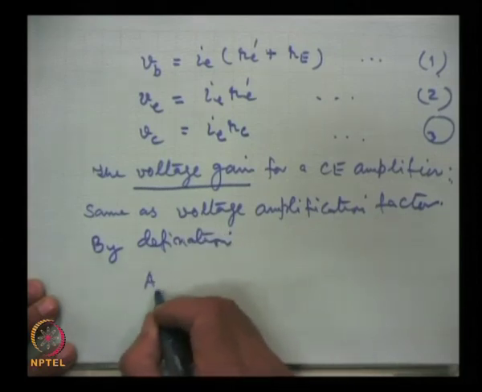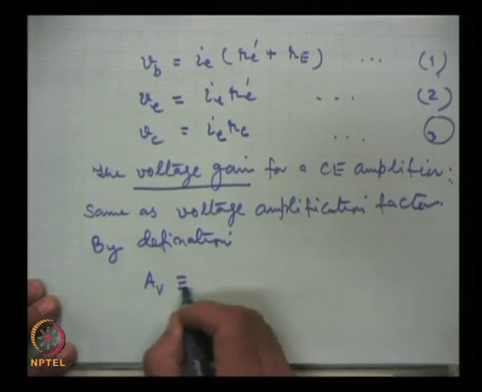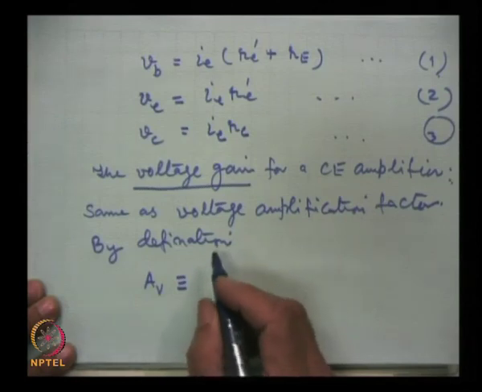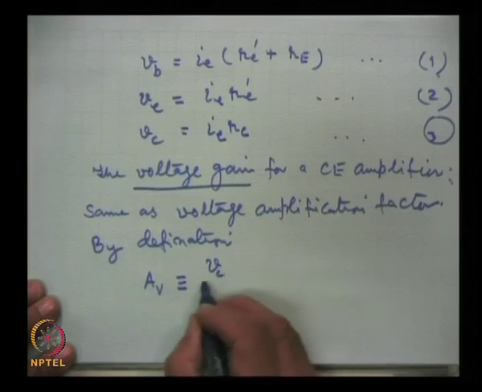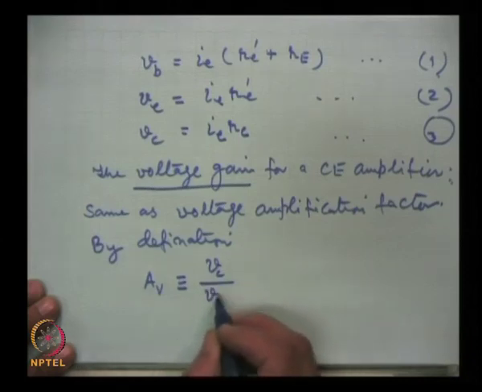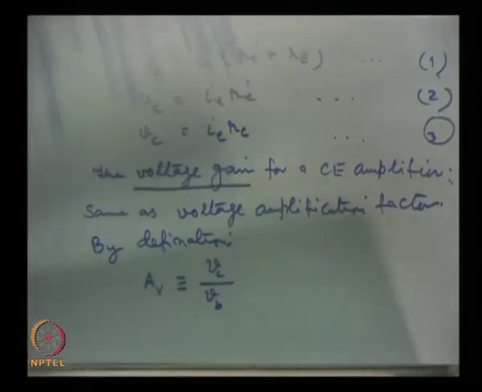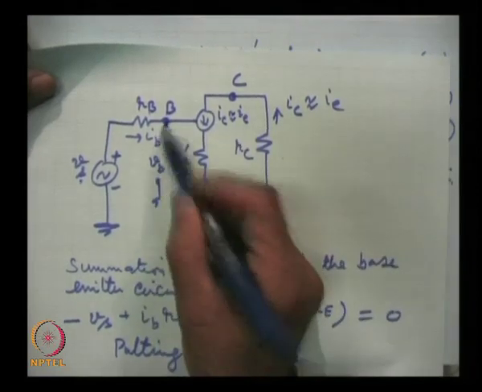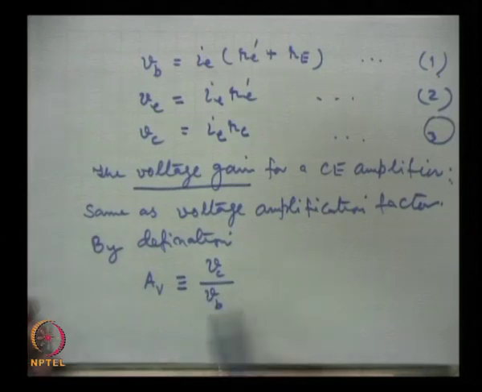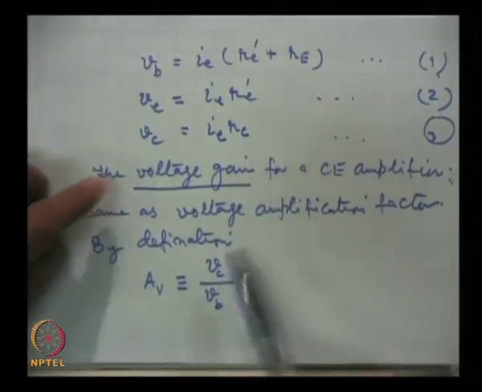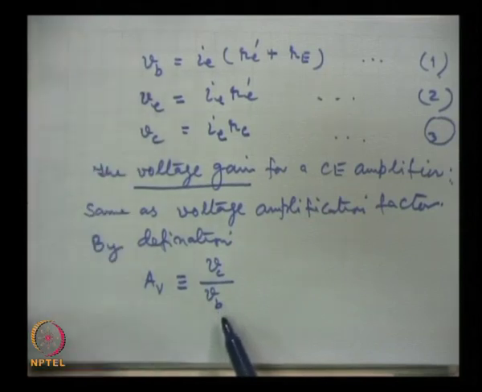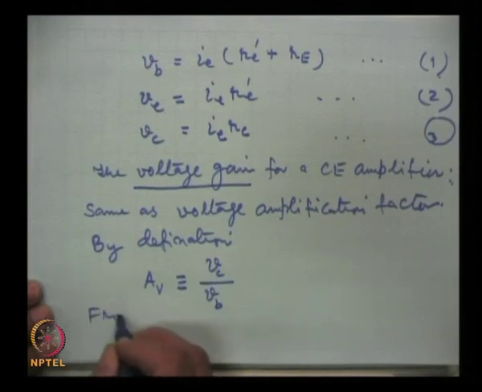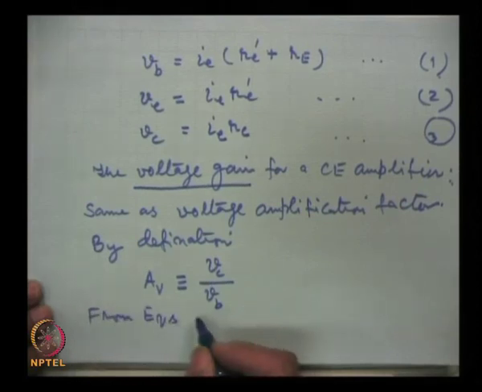By definition this is written as Av, and this is output voltage to the input voltage, and you will recall that output voltage is Vc by input voltage is Vb. Now, the value of Vc is here, the value of Vb is here. So, from equations 1 and 3,